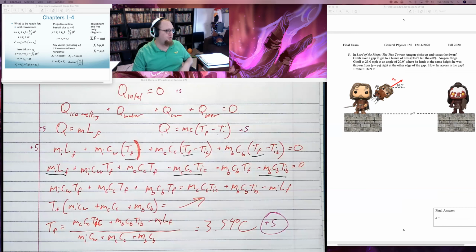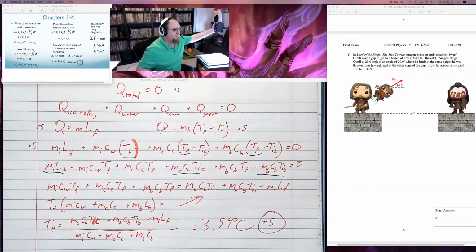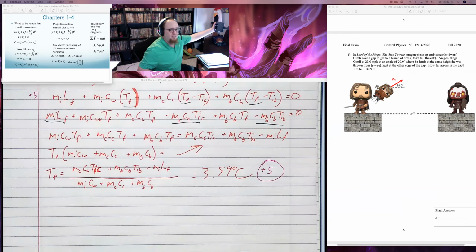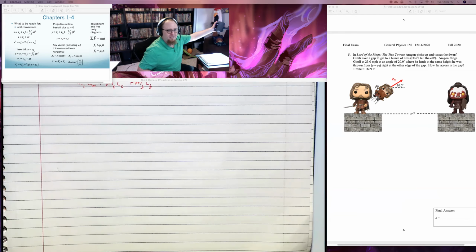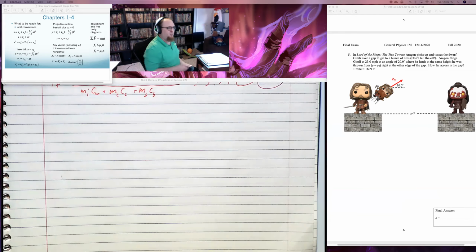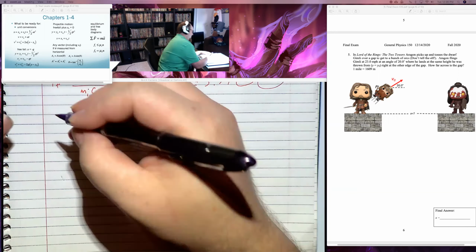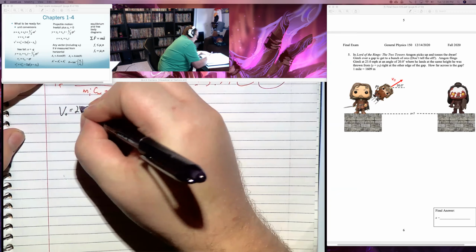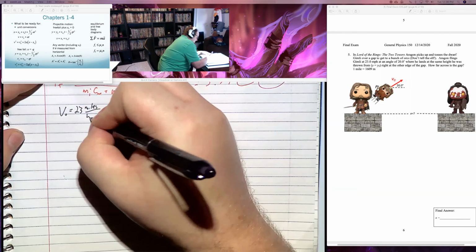So, last semester, my next problem was a scene from Lord of the Rings. This is in Two Towers. During the Battle of Helm's Deep, Aragorn picks up Gimli and throws him, to which Gimli's last thing he yells is, "Don't tell the elf." So what I say here is, let's say Aragorn picks up Gimli and throws him at 23 miles per hour. Okay, hold on. He throws him at 23 miles per hour.